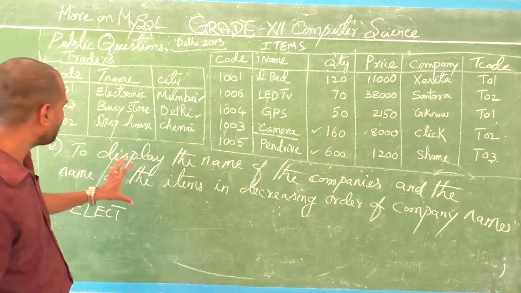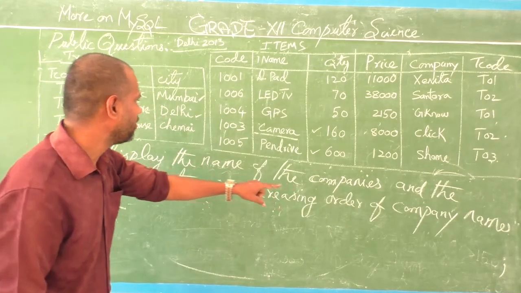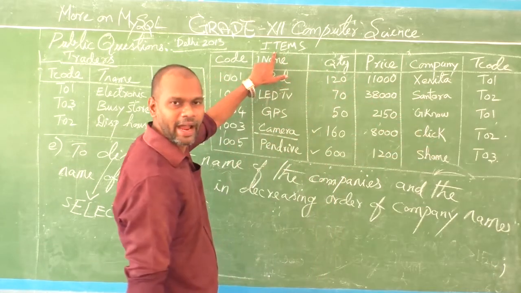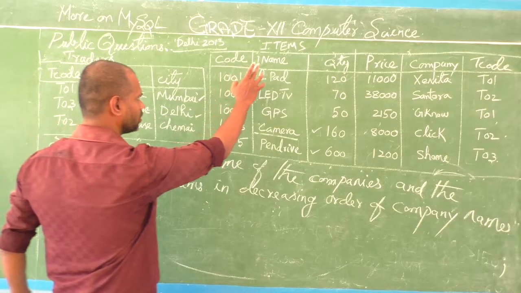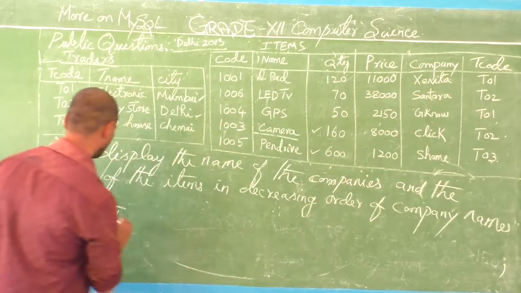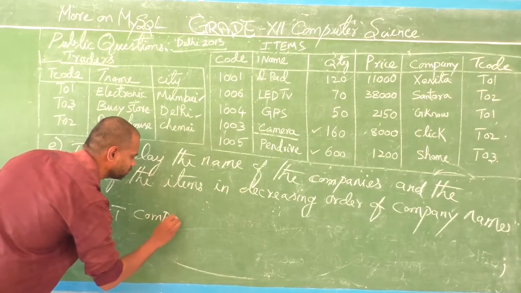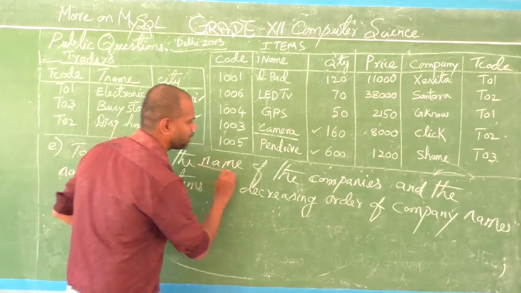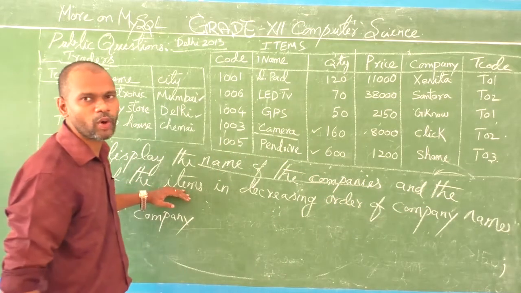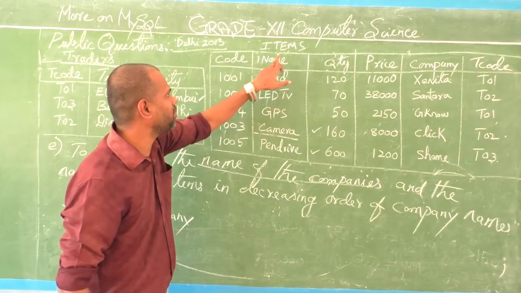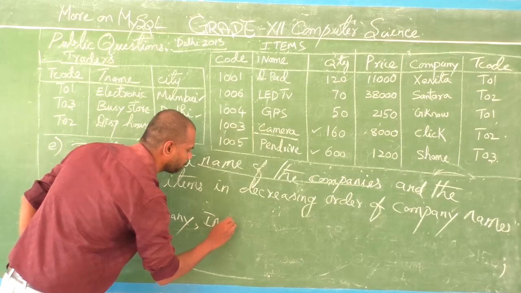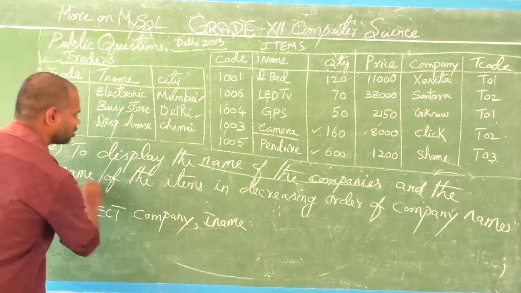Then name of the company. Okay, you see, this is regarding the name of the company. Where is the company column? Company column is available in this table, so it is nothing but items. So in the items table, name of the company means it is nothing but company. Am I right? So select company, name of the company over, and the next, name of the items. Name of the item means what? Item name. Here in this table they have given I name. So comma, you have to write I name. Okay, I name also finished.